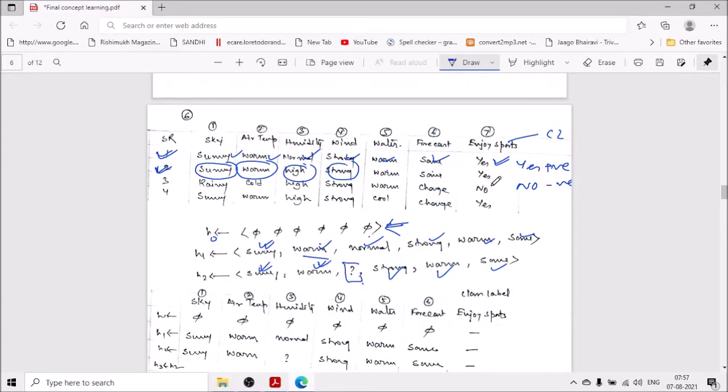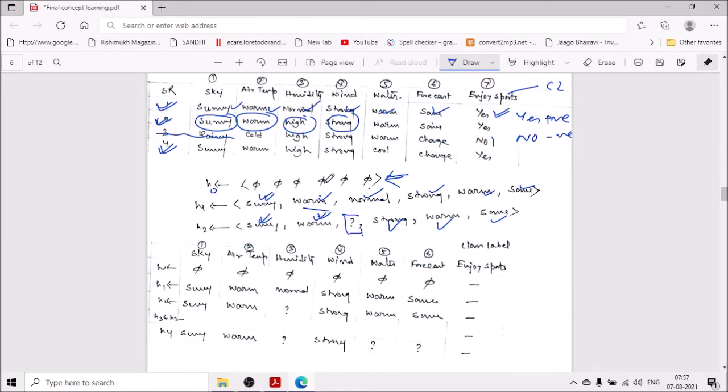The third one is the negative example, so we have to ignore it. We just ignore this one and go for the next. Now check once again. Right now, we are in this particular position. H0 is phi, more specific. Then for the first data, copy the same thing. For the second data, H2, it is sunny, warm, question mark, strong, warm, same. H3 is a no, so for H3 we use H2 because it's a negative one.